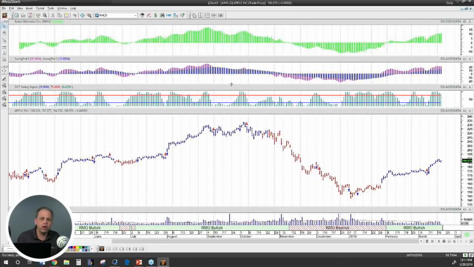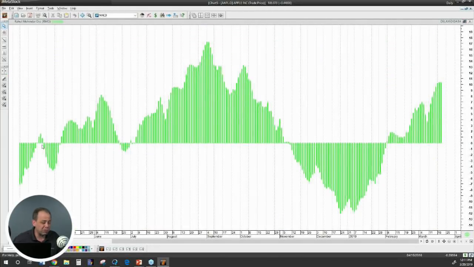The first thing that we want to do is identify what the primary, or prevailing, or long-term trend is. Okay, and with RMO, that's very, very easy to do. What we're going to do is look at this indicator right here at the top. I'm going to make it full screen. It's called the Rahul Mohinder oscillator, or the RMO for short. Okay, and this is a primary trend indicator. The way you read it is very, very simple. Rahul designed this with simplicity in mind.